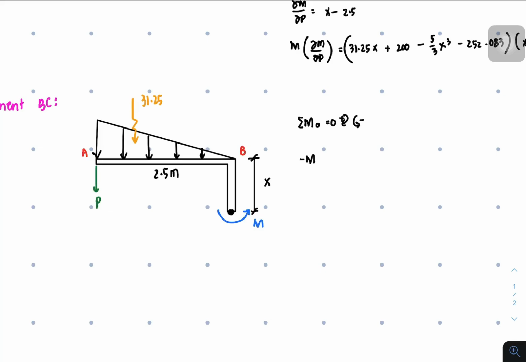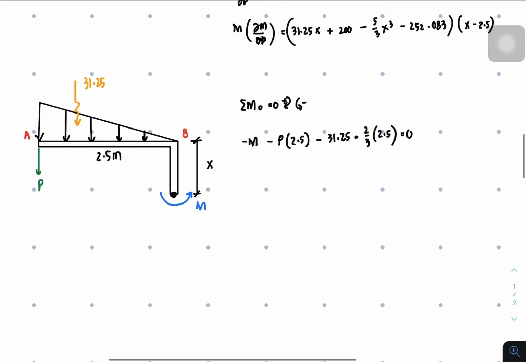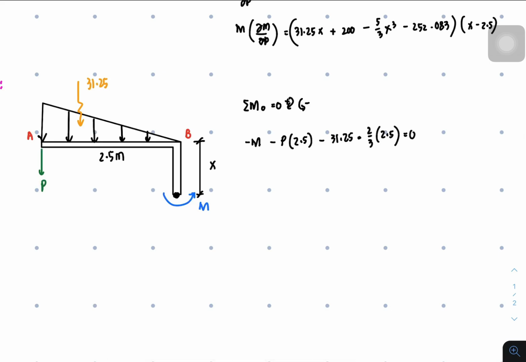You have negative M, and then you have minus P times 2.5 minus 31.25 times 2/3 of 2.5 equal to 0. So no horizontal force. So what we're gonna do is transpose M to the other side. It's now M, and that's negative